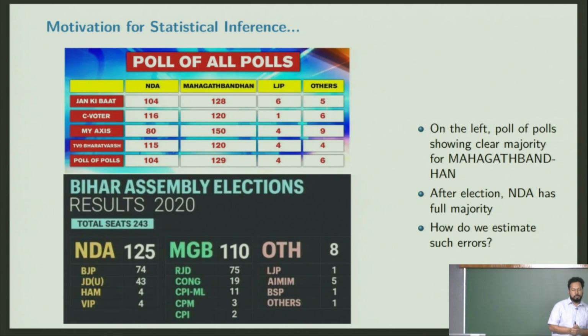In the Indian parliament system, the majority means you have to be more than half to gain a majority. So almost everyone projected them to win. But if you see the actual result, NDA got 125, so they got the majority. So if you have data like this, then as a statistician, can you have some confidence interval or margin to say, okay, although you're predicting this, how much confidence do you have in this data?